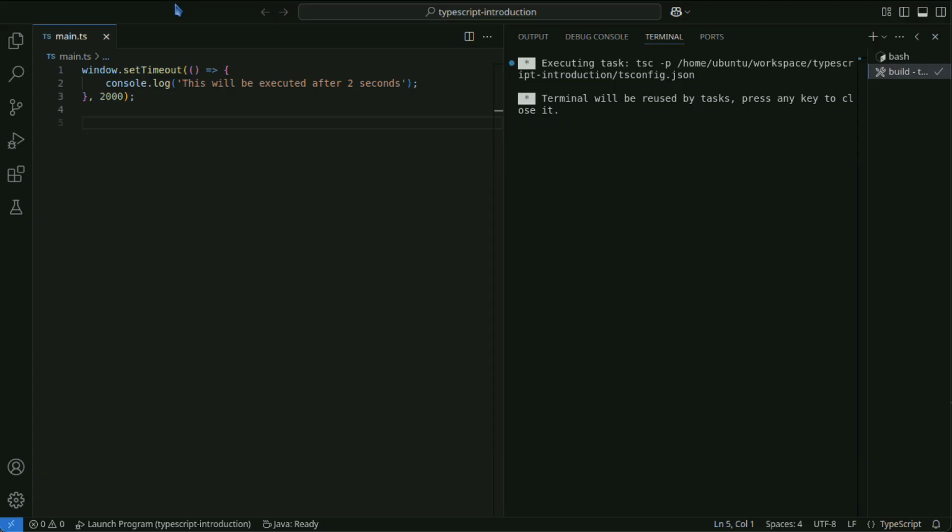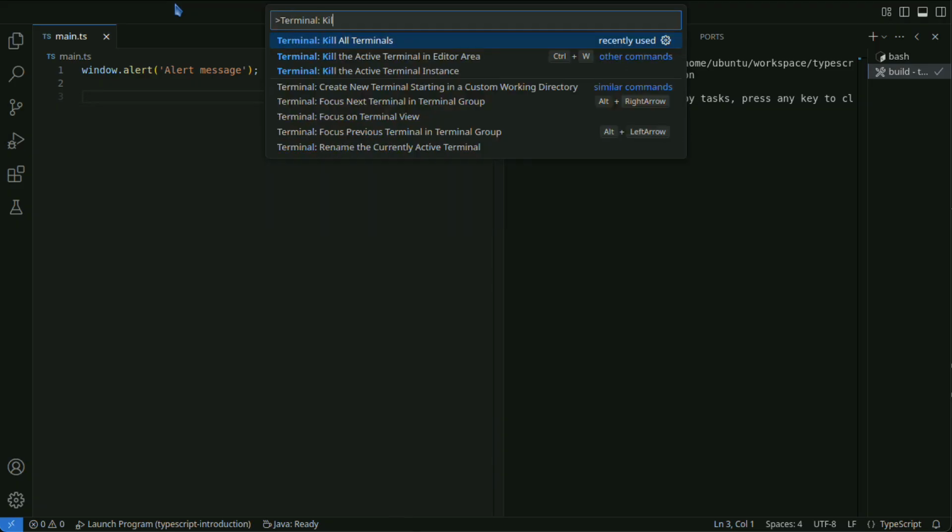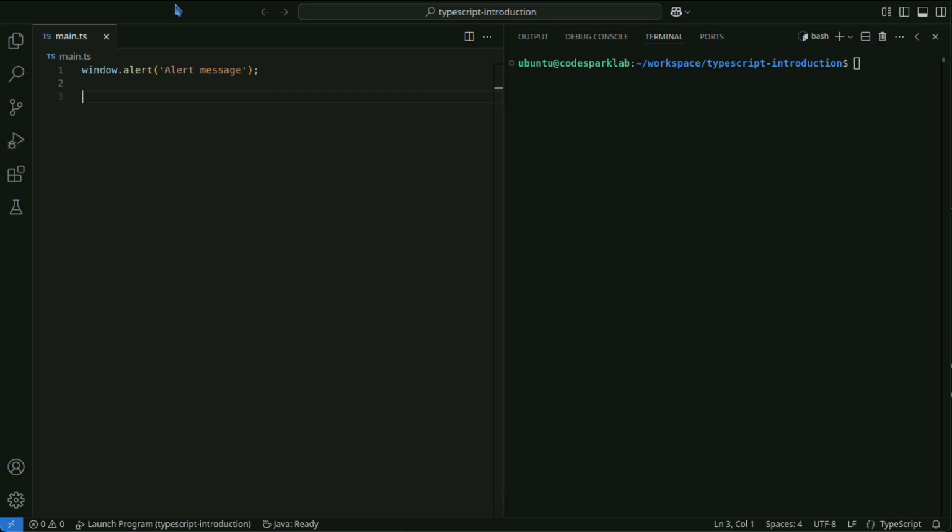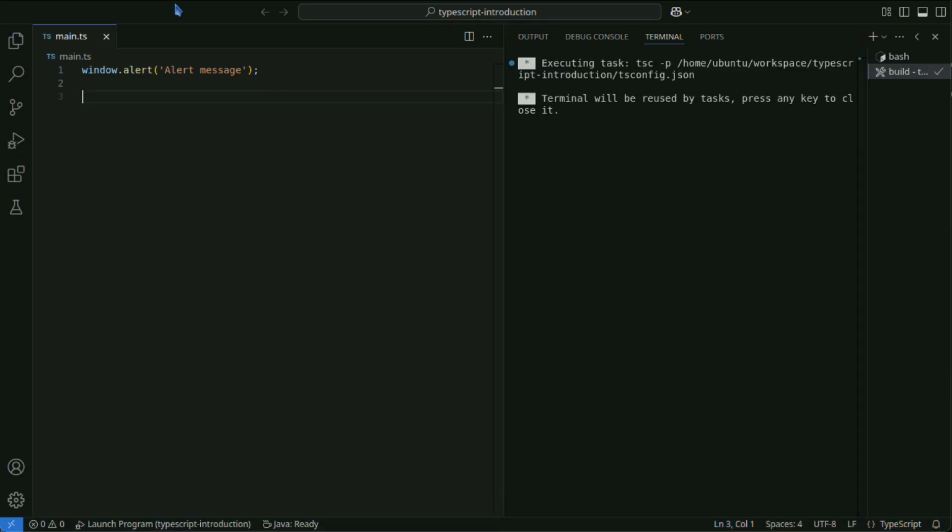Alert, confirm, and prompt display dialog boxes to show alerts or request input from the user. This code displays an alert dialog to notify a message.